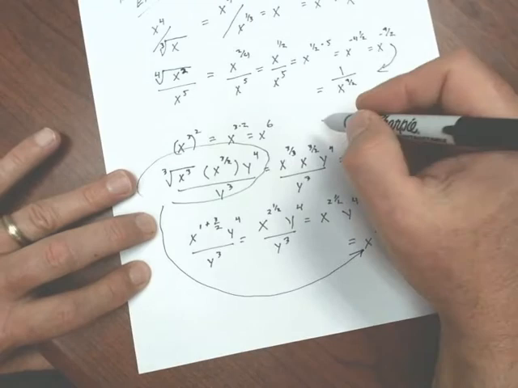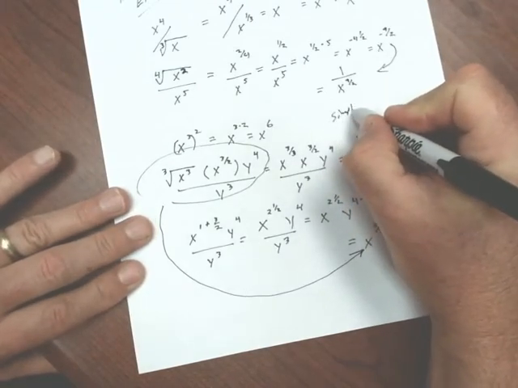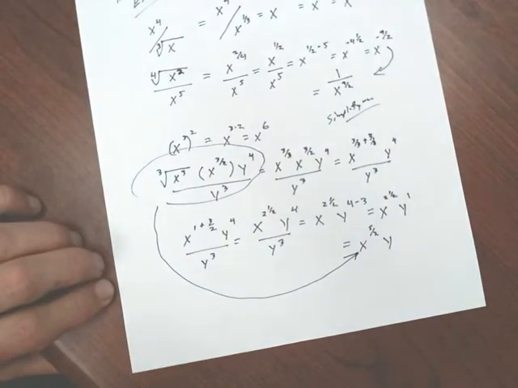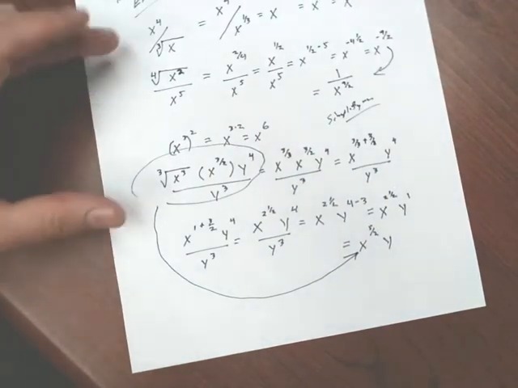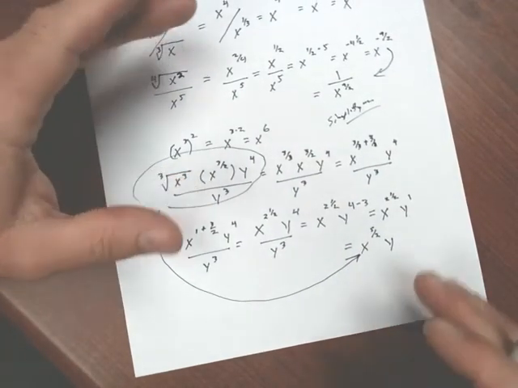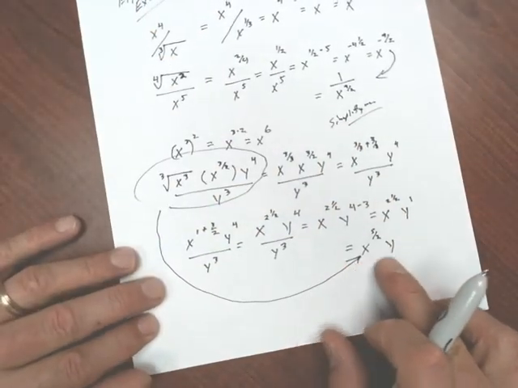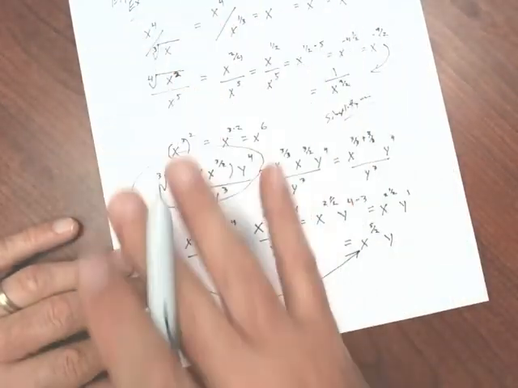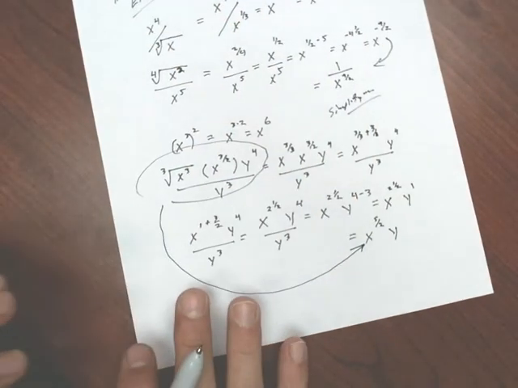All these operations are called simplifying. We're going to do a lot of simplifying in this class. In other words, taking something that's complicated and condensing it down into a much simpler form. But these are some examples of